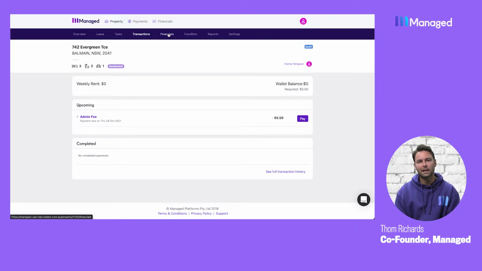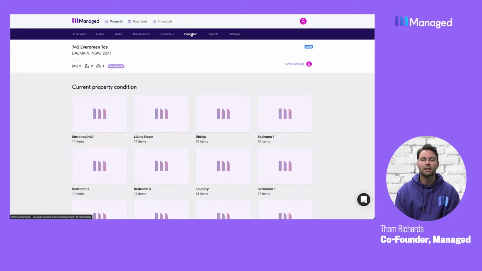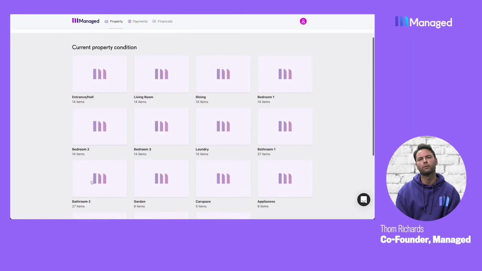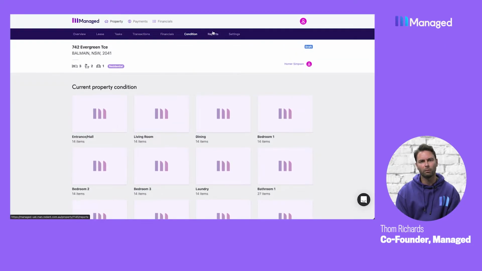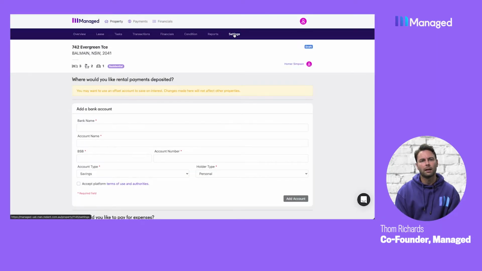They can view their transactions in real time. They can download statements for any period that they like. They can have a look through all your routine inspection history. So when you do a report for them, they will be able to access that report both digitally and as a PDF. They can download their end of financial year reports anytime they need them,